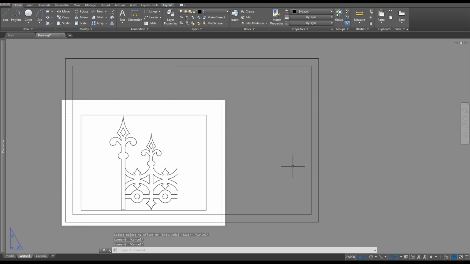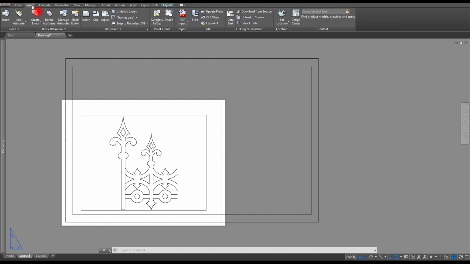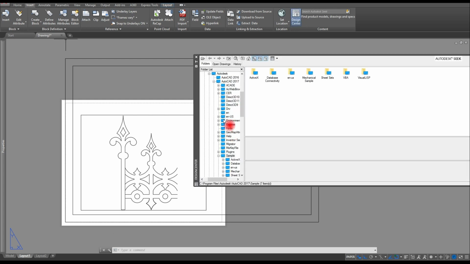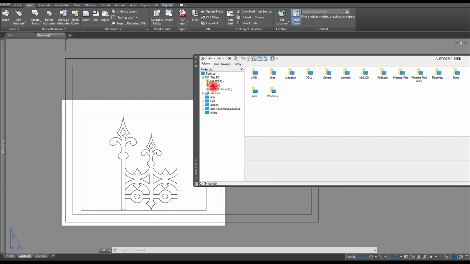I want you to get your layers from your other title block, and remember the way we do that is we go to the Design Center. If you want to find the toolbar for it, you can go to Insert, Design Center, and you usually have to give it a little bit since it's the first time it's opened. I'm going to navigate to wherever I have my title block stored. So mine is stored